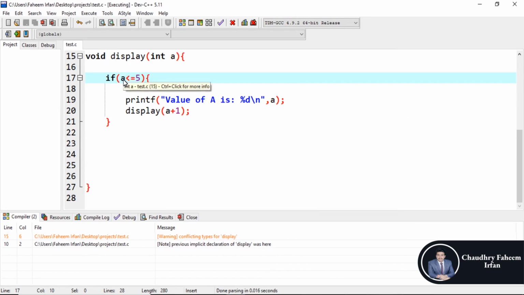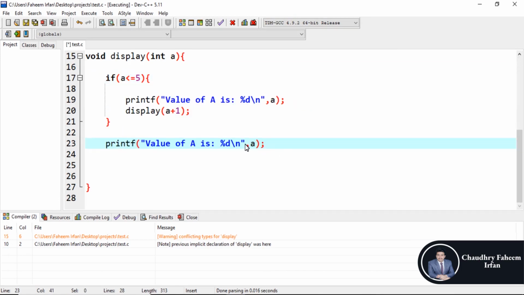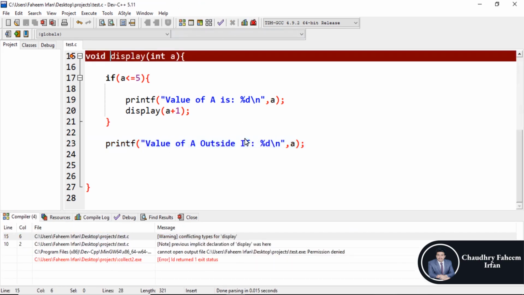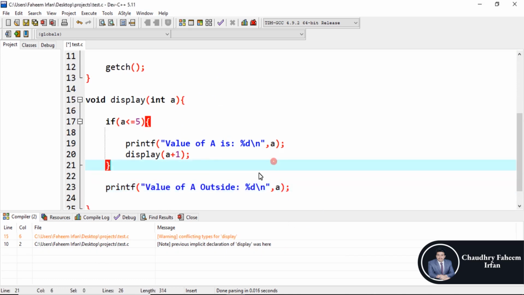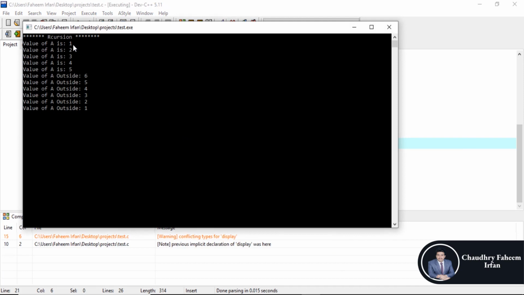Because 5, after that 6, and print here the value of a outside the if. Now execute the program. Like this, and now run the program. 1 2 3 4 5, and after that